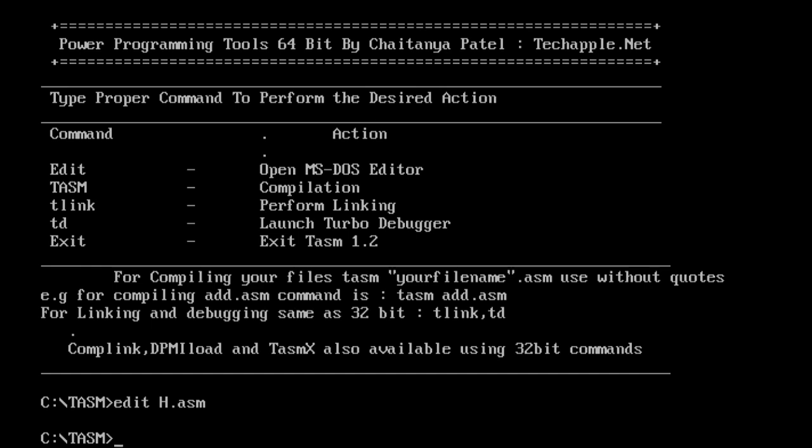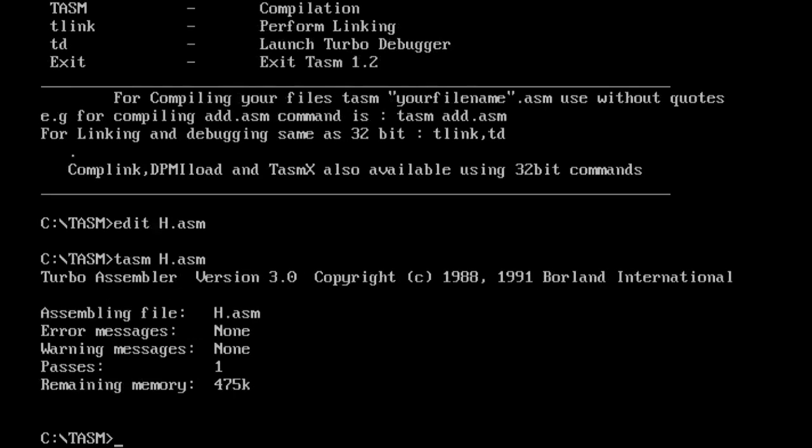So here we use TASM, the BCD to hex program name dot ASM. Here errors are none, warnings are none.